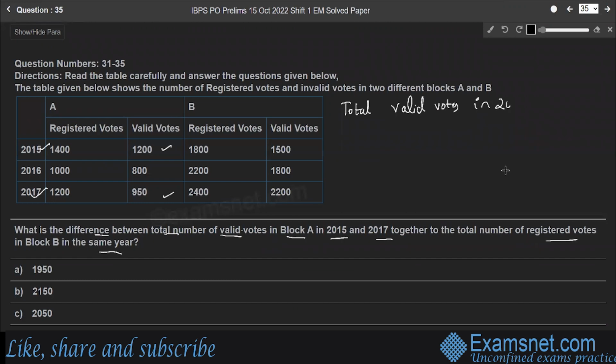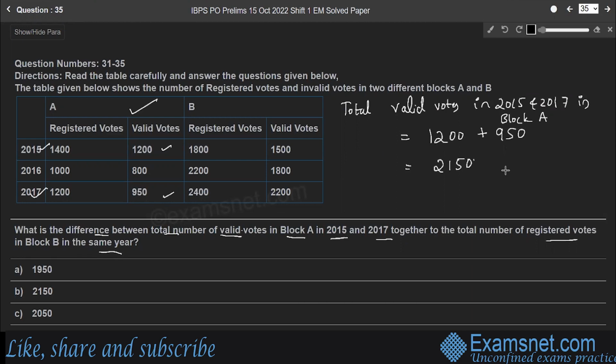In 2015 and 2017 together, the total valid votes are 1200 valid votes in 2015 and 950 valid votes in 2017, only in block A, right? In block A we have to consider. Therefore the answer is